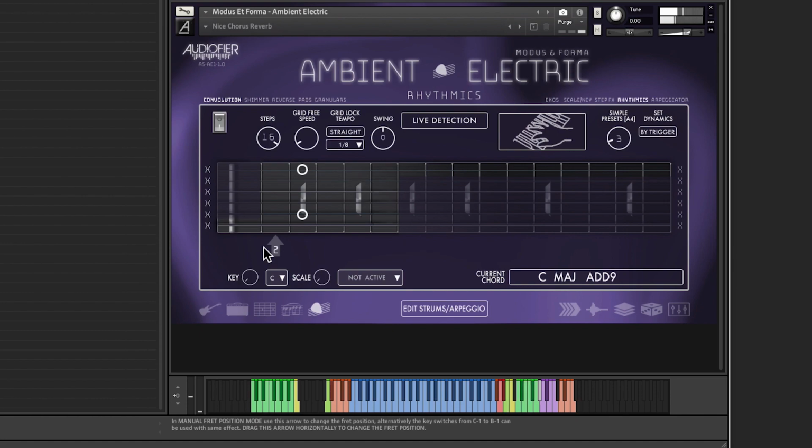Another thing that we can do in the live chord detection is to use open strings as bass notes. So if I have the E always playing as a bass note, if the chord shape happens to have a note on that string, the open E string will play instead. So for example, if I have E major,